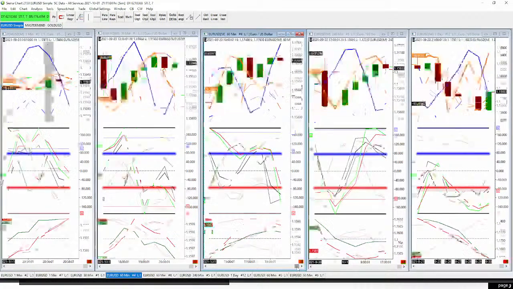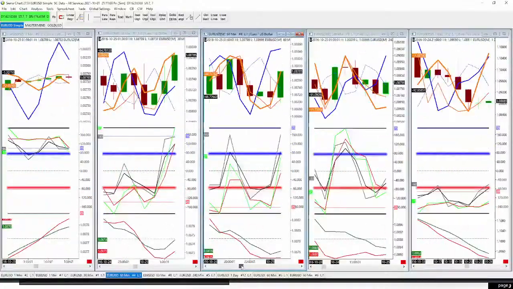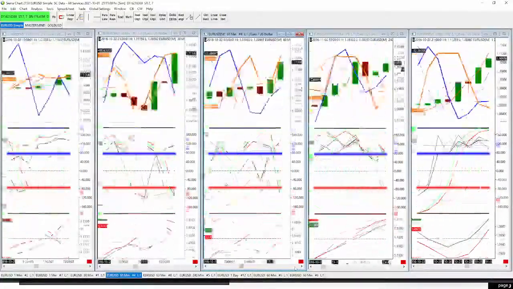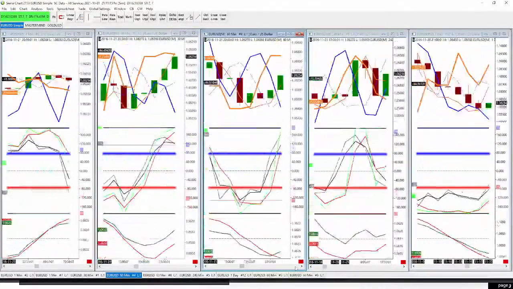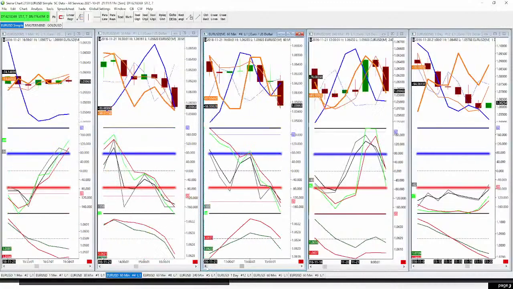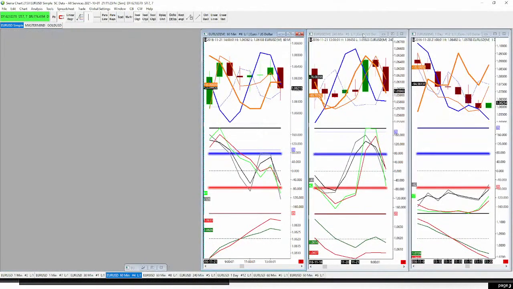So the two patterns that I want to talk about today are going to be the hiccup and head fake. And the reason why we talk about them together is, for one, when we first started with these patterns, these were kind of our first patterns. And they both kind of occurred for us at the same time.